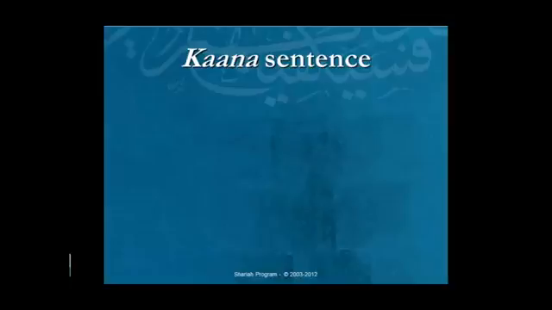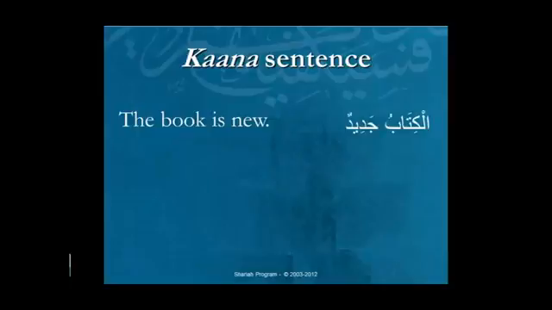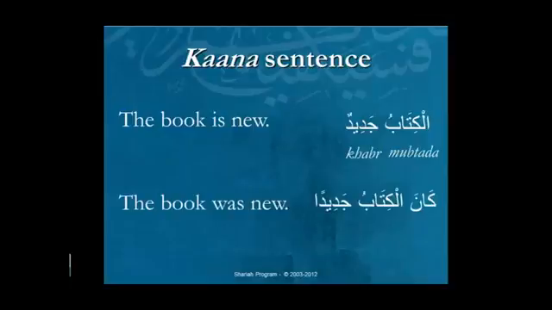Not only that, but what was previously called mubtada is no longer mubtada, because now it has a verb before it. But since it's a special kind of verb, we're going to invent new terminology to talk about it. So first of all, we start off with the mubtada and the khabar. Now with the introduction of kana, the sentence changes. It becomes kana al-kitabu jadidan. Pause for a minute and look at the ending of the word al-kitab, and look at the ending of the word jadid. Previously, both of them were in rafa. Now one of them is in rafa, and the other one's in nasab.